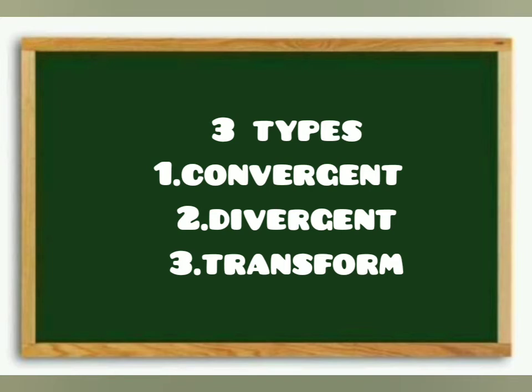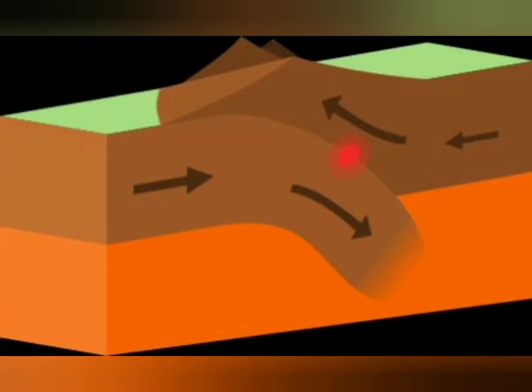I will show through pictures. Can you see this picture? The first one is showing convergent boundary. In this movement, some plates come towards each other and form a convergent boundary. In this movement, the plates may collide, crumble. Crumble means break into small pieces or parts, or slide over the other.